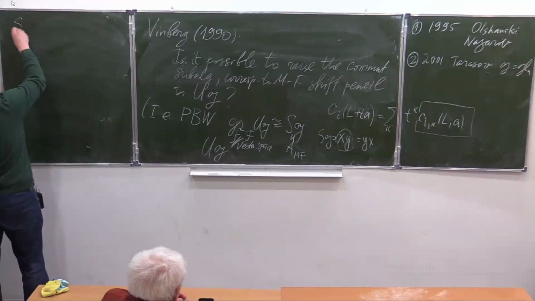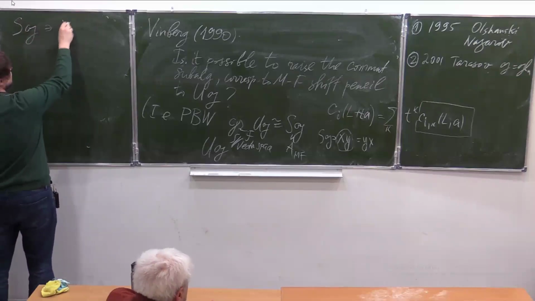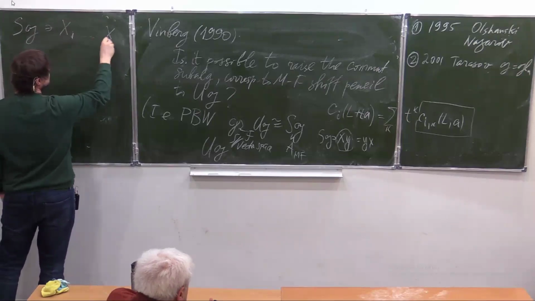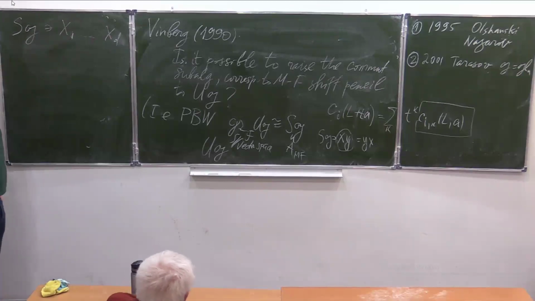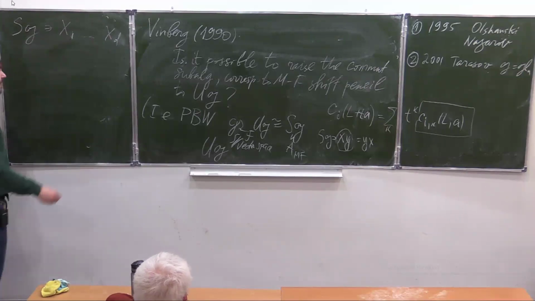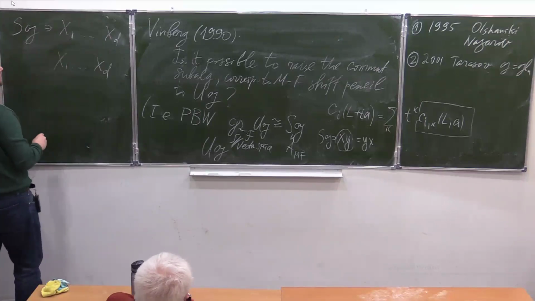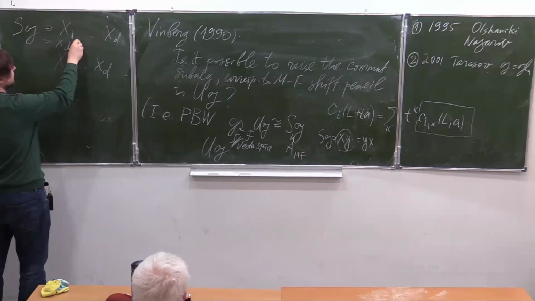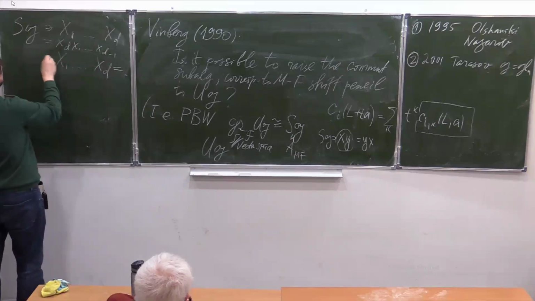How do I get a map from SG to UG? I have an element in SG. Of course, it should be linear, so it's sufficient to consider a monomial. This monomial looks like x_1, and so on, x_d, where d is the degree. So how do you raise it to the universal enveloping algebra? Well, if you just write x_1 through x_d, then you are in trouble, because this monomial is in fact equal to x_d, x_1, up to x_{d-1}. And this is not equal in the universal enveloping algebra.